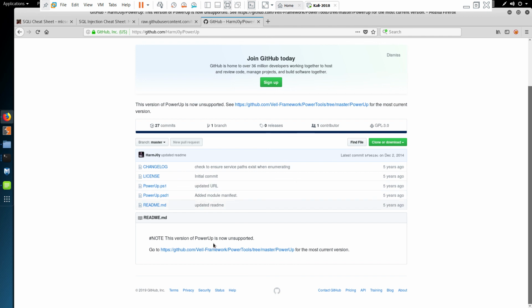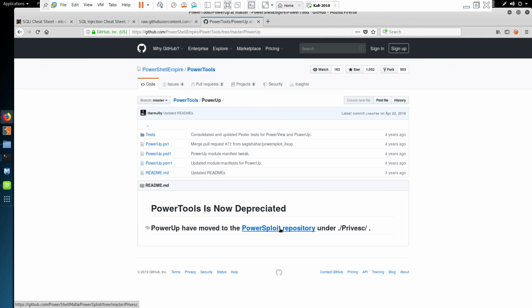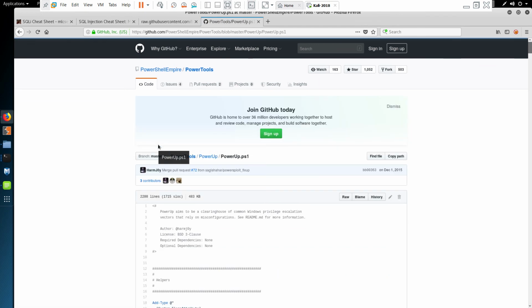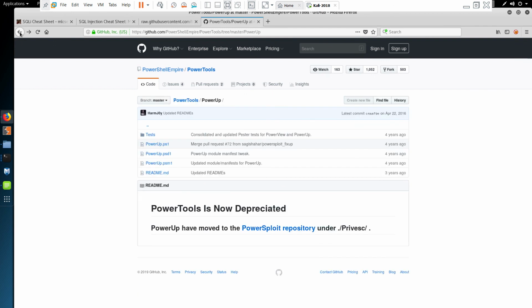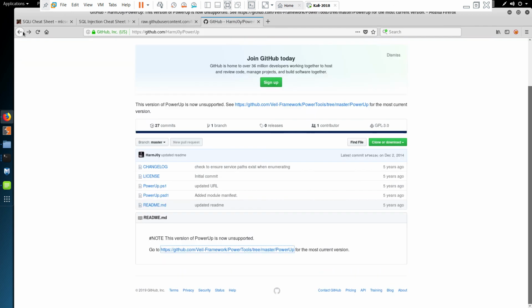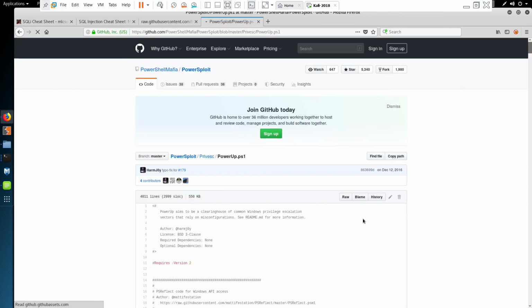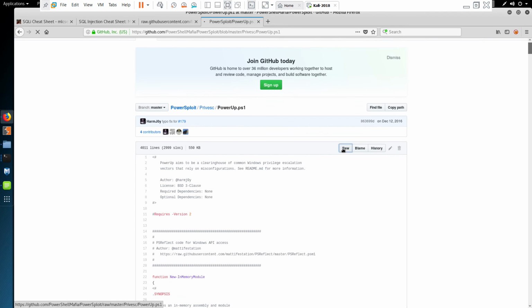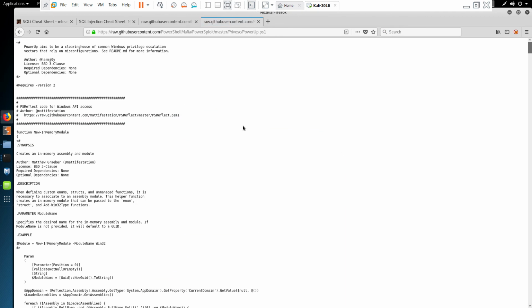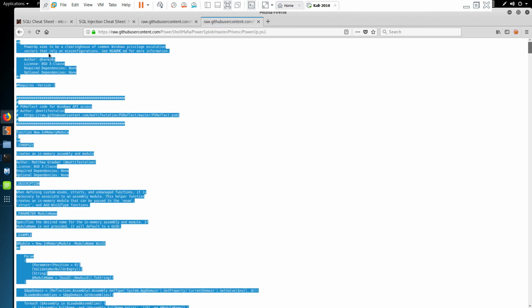So it says this version is unsupported. Go here for the current version and go into the Priv-Esc. So this is what we're looking for. This still says 2015. Trying to see how recent some of these are. This is 2016, so I'd better go for this one. So raw, and I'll copy this, Control A, copy this,